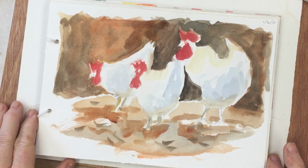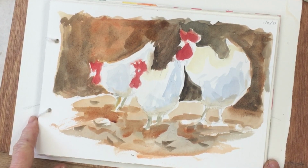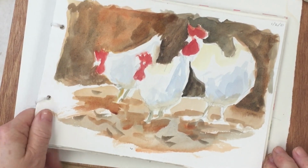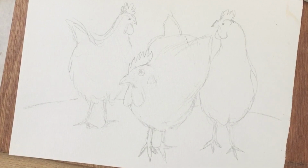Okay, so now my sketch is dry, and I'm looking at this and thinking I'm going to slightly change the composition. I like the contrast of the dark and the light, and I'm going to keep the chickens white, although they are actually brown, the ones I'm going to paint, but I'm going to keep them white like this. So the sketch I've done is this one here,